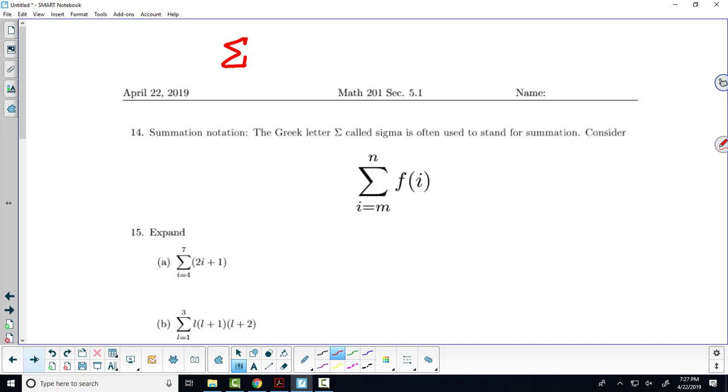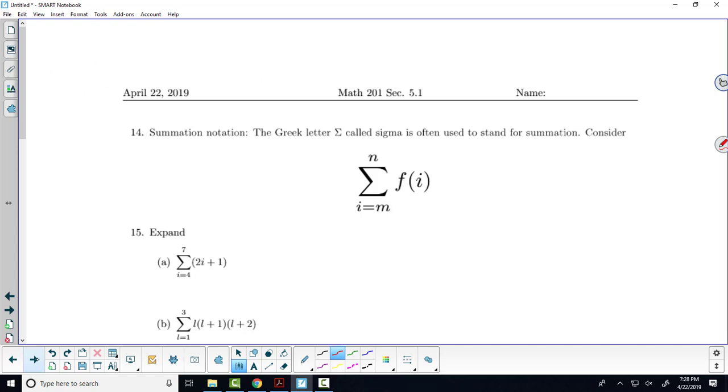Why do we use sigma? This is silly. We use sigma because sigma is the Greek letter S, and summation starts with the letter S. That's the only reason why we use that symbol. It stands for summing things up. A bunch of mathematicians wanted to be fancy. By the way, someday if you go on in math, you'll see product notation, and product starts with the letter P, and so we use the symbol pi, a capital pi, not the curly one, for product notation. Just to give you a sense of silliness.